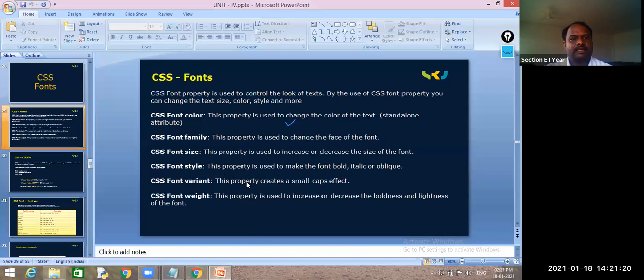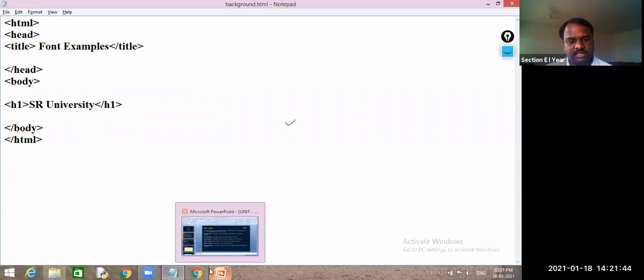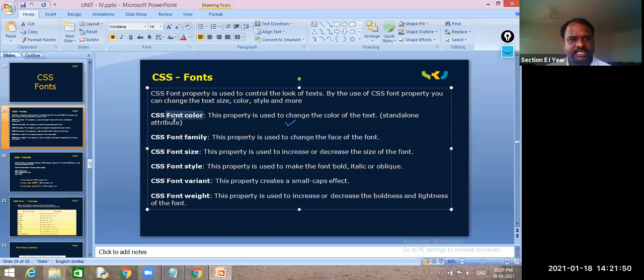Now, see friends, my dear students, if you want to change the background color, we used background hyphen color. I want to change the foreground. Foreground means the text or related information on your browser. Then we can change its colors also. Among the font attributes, I already said font color. Can you hear me? Yes, sir. Okay. Now I will tell you how to write this one.